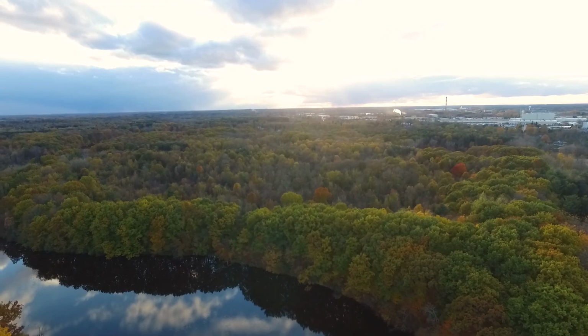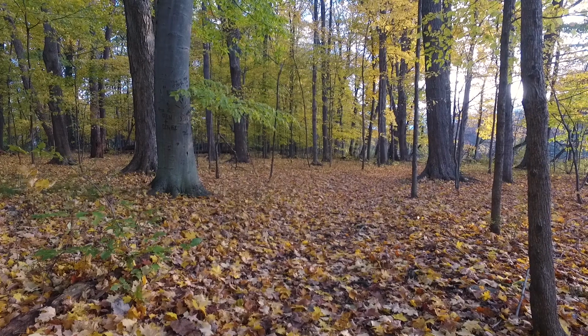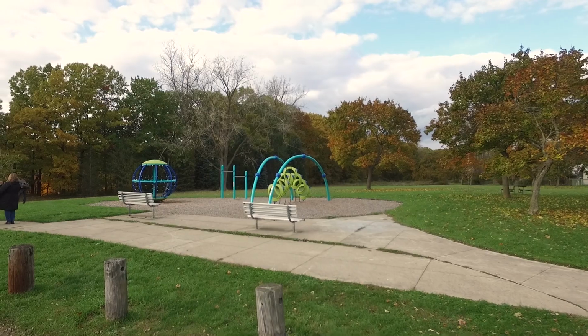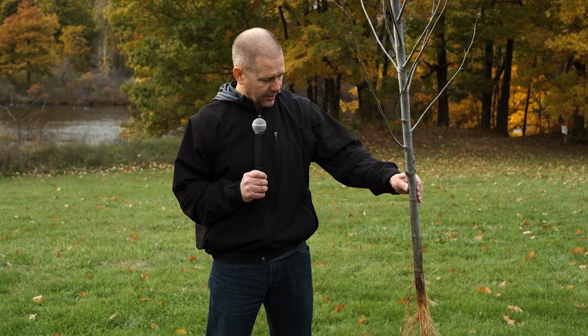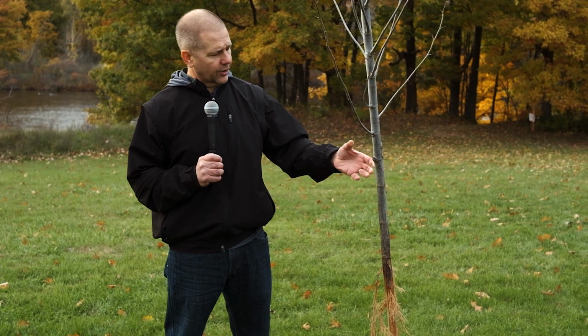And we're talking about an area that really has a lot of trees already, but it highlighted some areas here specifically around the playground where in future years we're going to have a nice tree canopy entering the park here along the sidewalk. This particular tree, we did not get a tree wrap or cover around it soon enough, and